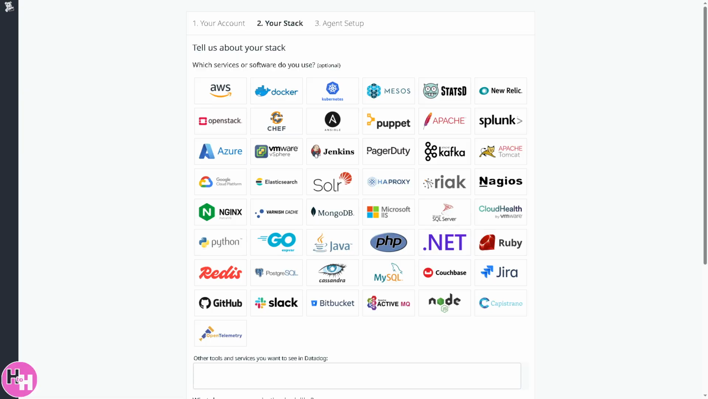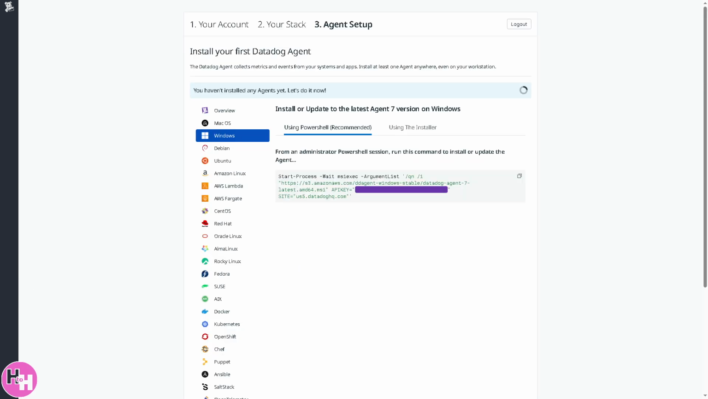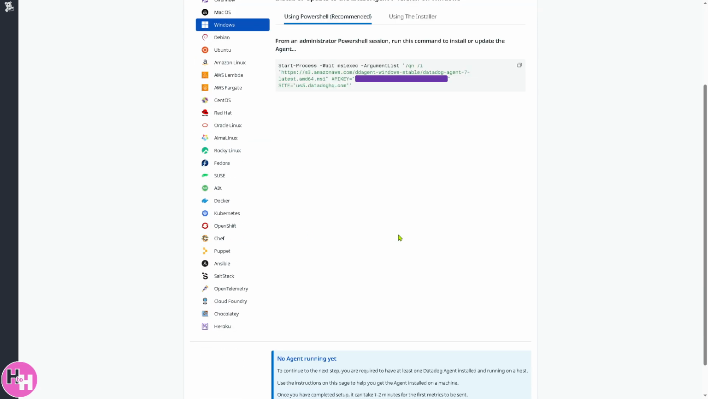Once you have successfully created your account, you would notice that you have all this information readily available, and all you have to do is follow the on-screen instructions. Okay, and then you need to install or update the latest Agent 7 version on Windows. Click on it and you would be forwarded here. All right,